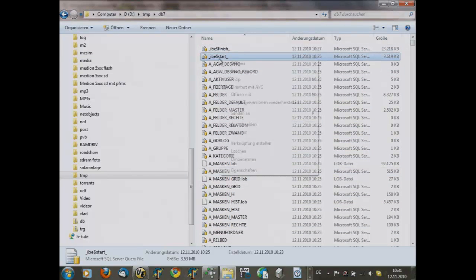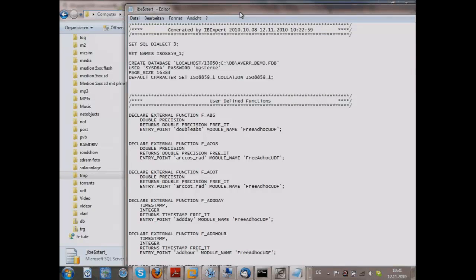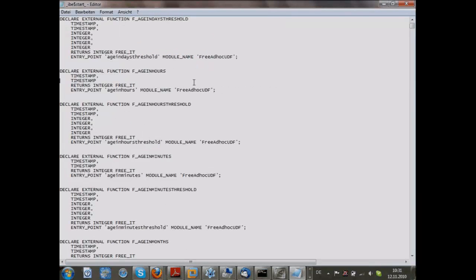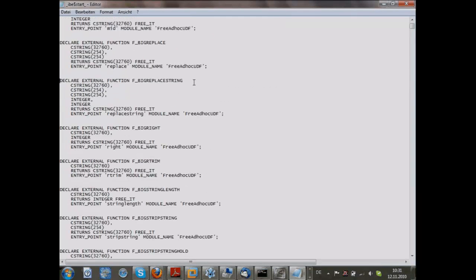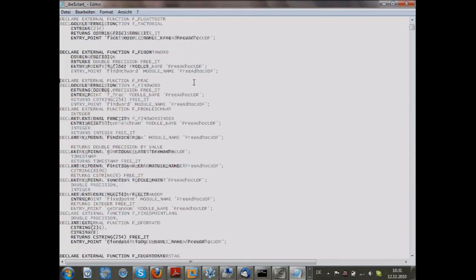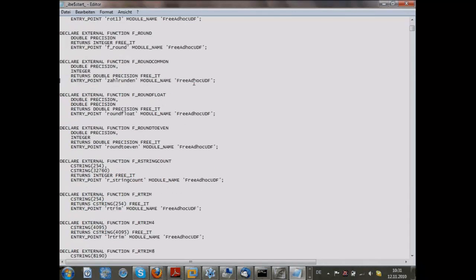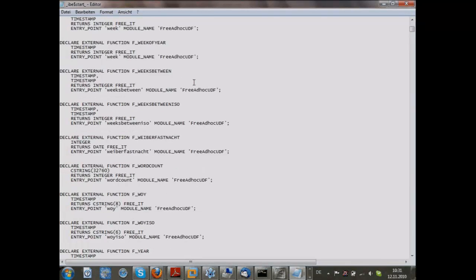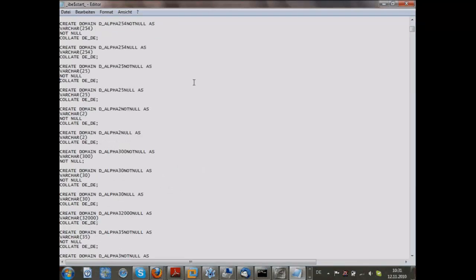This one is created, and this one does the creation of the database. And here are the user-defined functions created by Christoph Leuring, sitting somewhere here, I think.